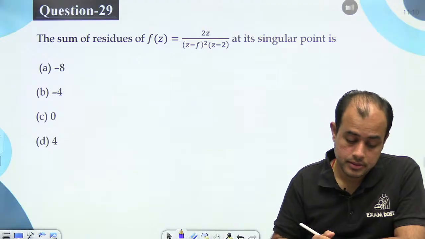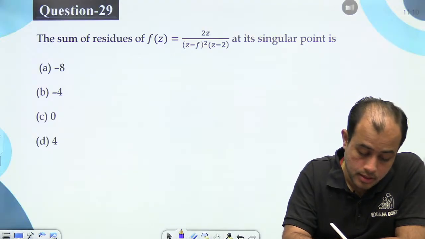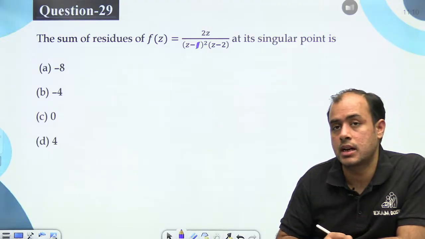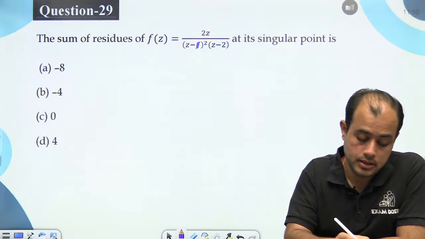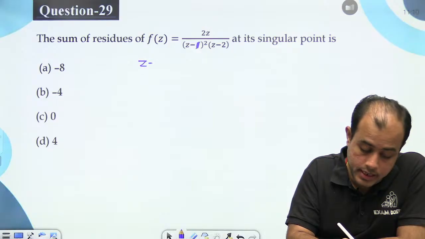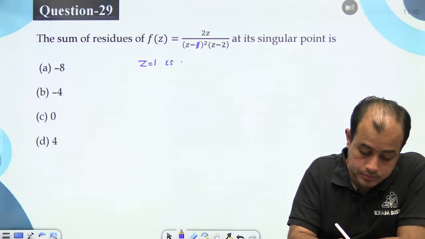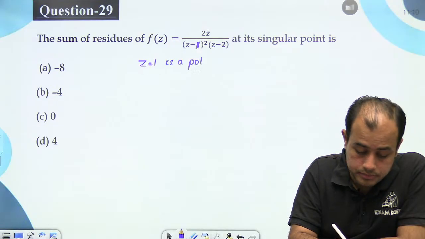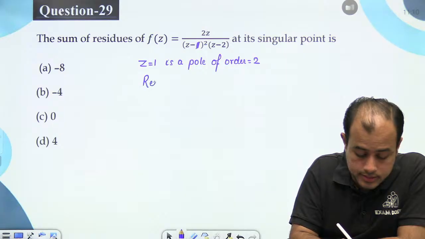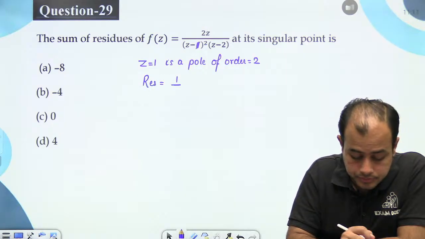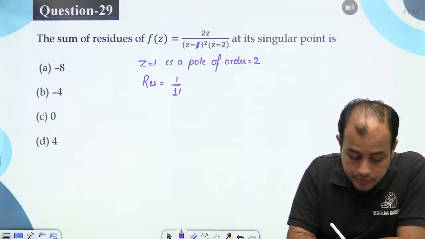Let's go. Sum of residues. Come on, everybody. Sum of residues. So, z equal to 1 is a pole of order 2. So, residue is 1 by 1 factorial